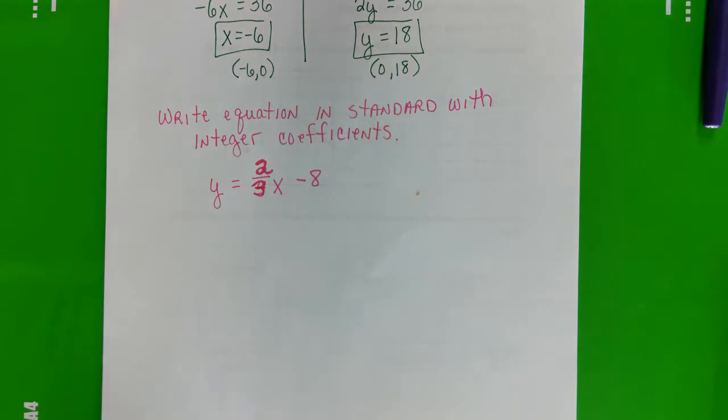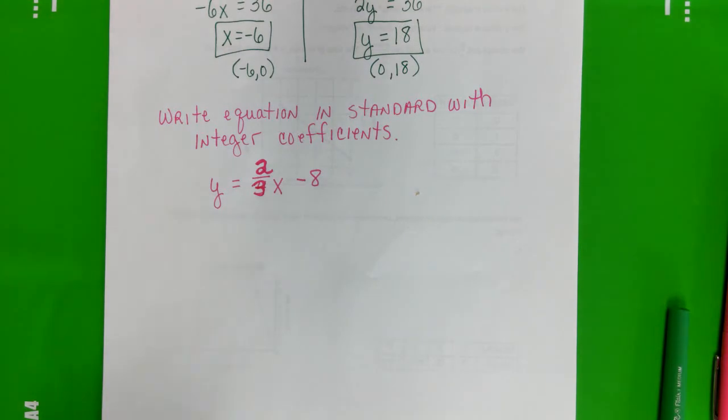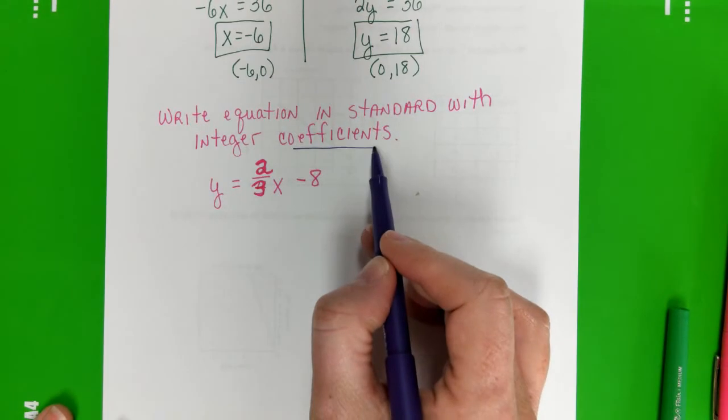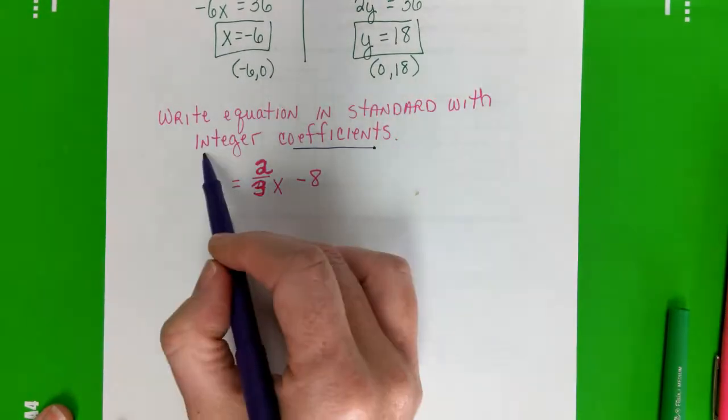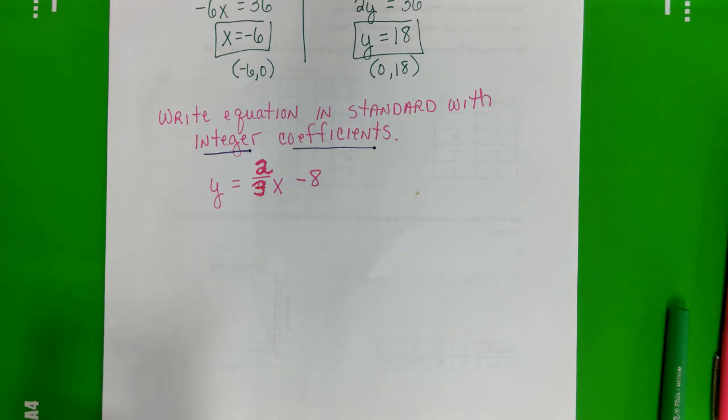Rearrange this so that it is in standard form. And what you're going to see is that many times all the coefficients on the x and y are integer values. Okay? It doesn't always have to be,